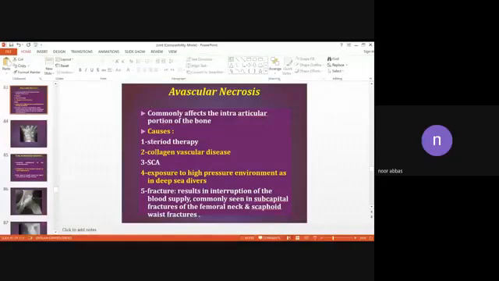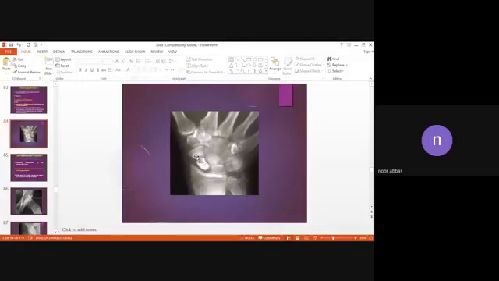Causes of avascular necrosis are steroid therapy, collagen vascular disease, sickle cell disease, exposure to high pressure environments such as deep sea divers, and fractures which result in interruption of the blood supply, a very important cause, commonly seen in subcapital fractures of the femoral neck and scaphoid waist fractures. This is a scaphoid waist fracture that has resulted in avascular necrosis of the proximal